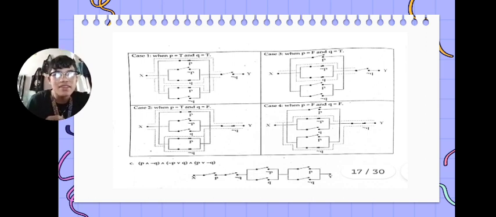To Y. P, negation P, Q, and then P and then negation Q. Then outside is the negation Q. They are all the same. Then next is the